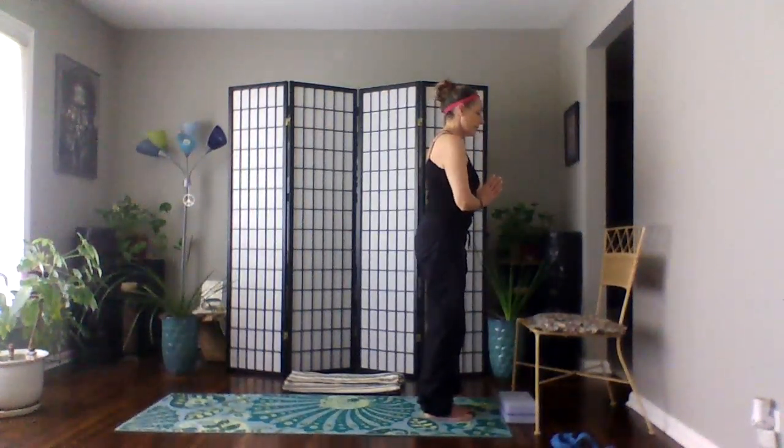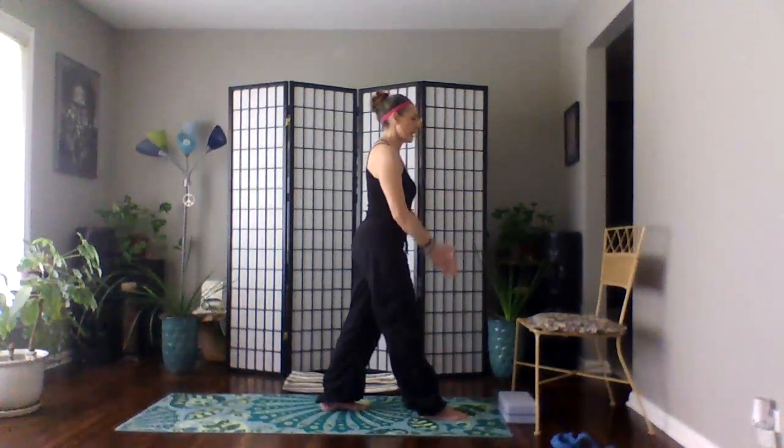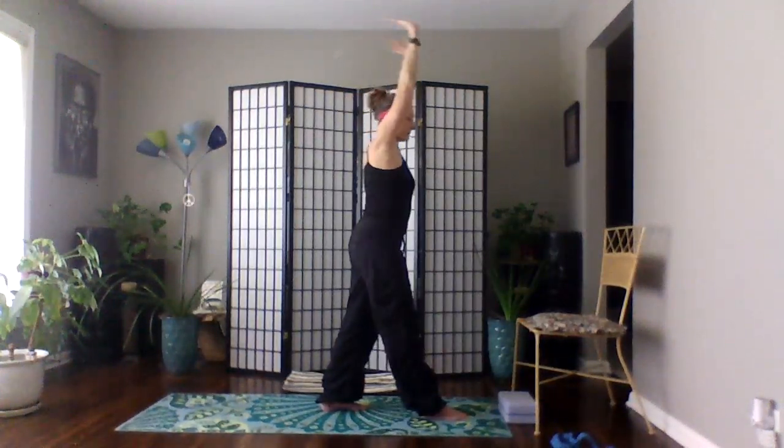So now we are going to take that same movement and make it into a balanced pose. Using the chair might be a nice option for you. So left foot steps back so your right foot is in front. Small staggered stance. Inhale, reach the arms up. Exhale,